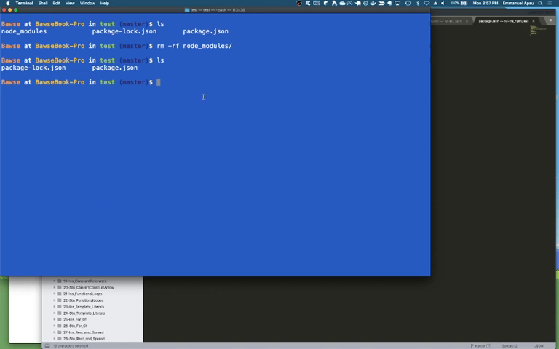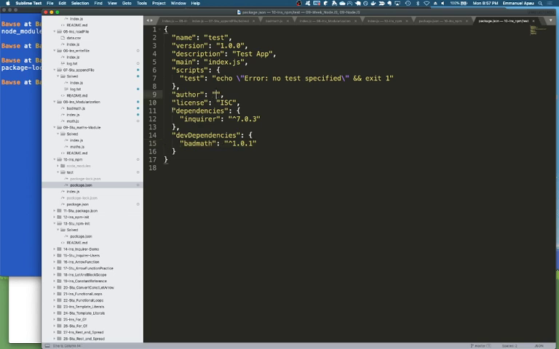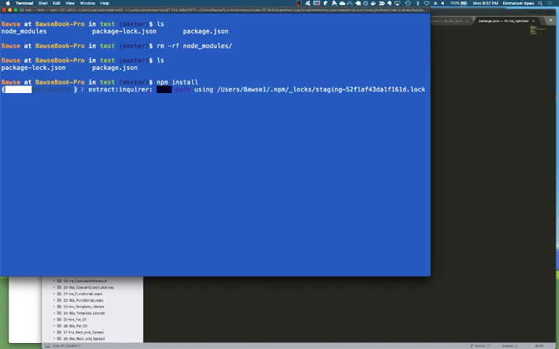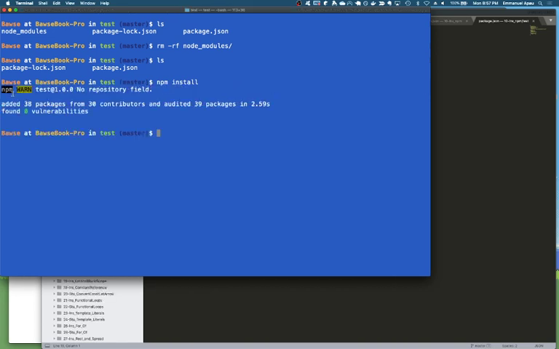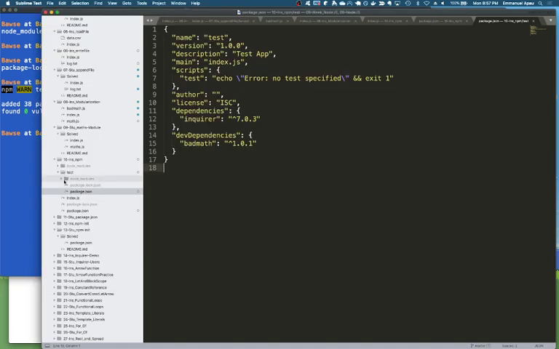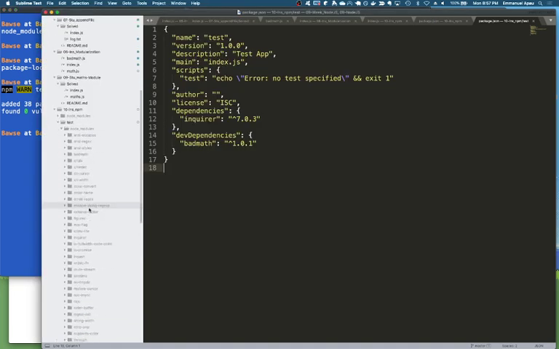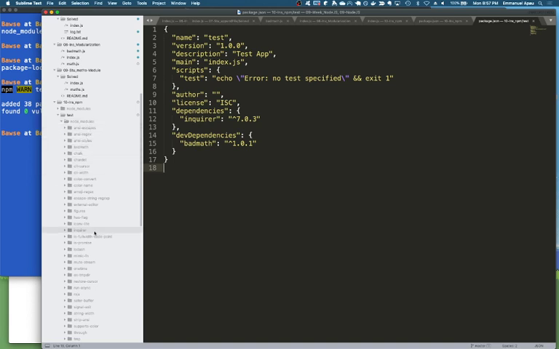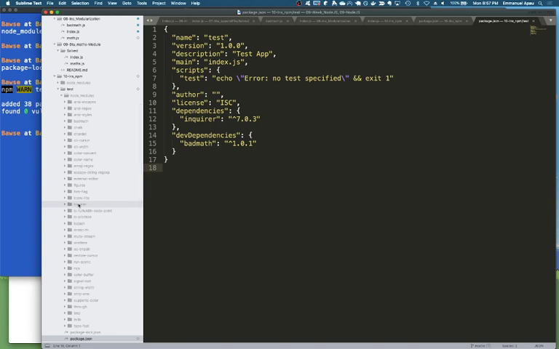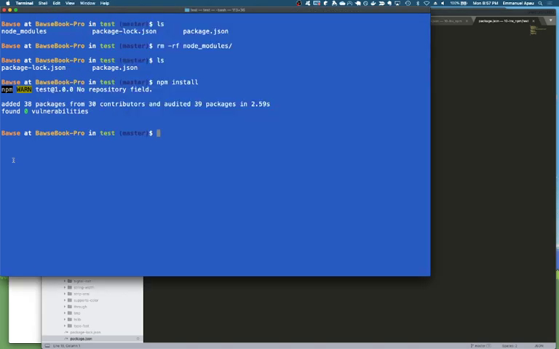Because our package.json has its dependencies already listed, you don't need to say, okay, I know I need Inquirer, let's npm install Inquirer. Okay, I know I need bad math, let's npm install bad math. You could just do npm install. We're going to install all of them for you. So when we look at our node modules, we're going to see bad math along with Inquirer. The default behavior for install is to install both the dev dependencies and the regular dependencies. If you wanted to add a separation of concerns,